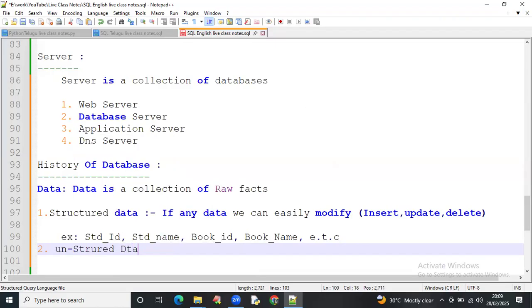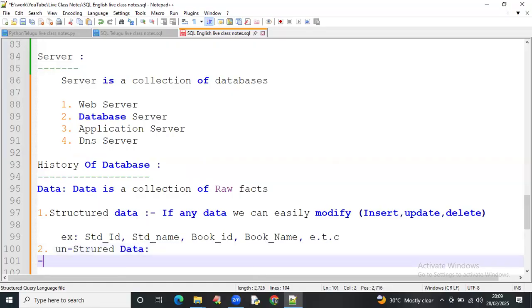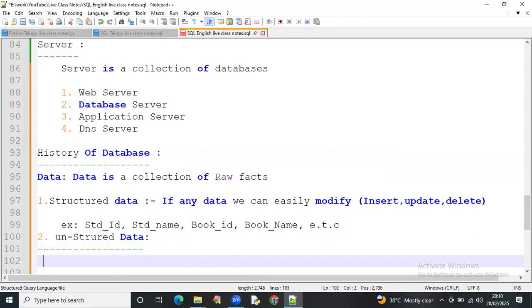Unstructured data. So what is unstructured data? Unstructured data is the opposite of